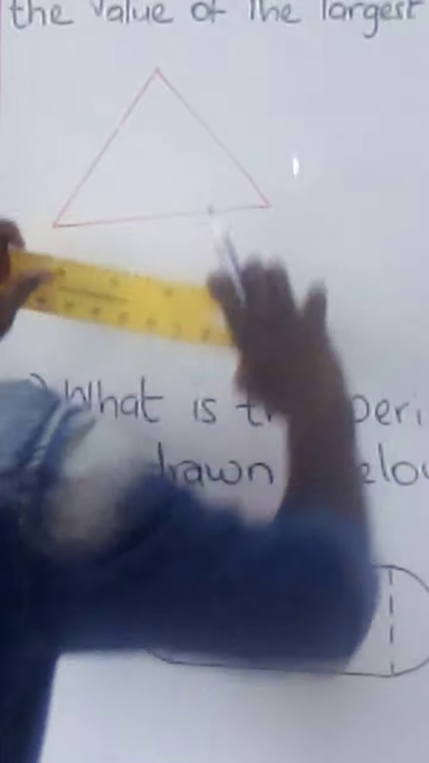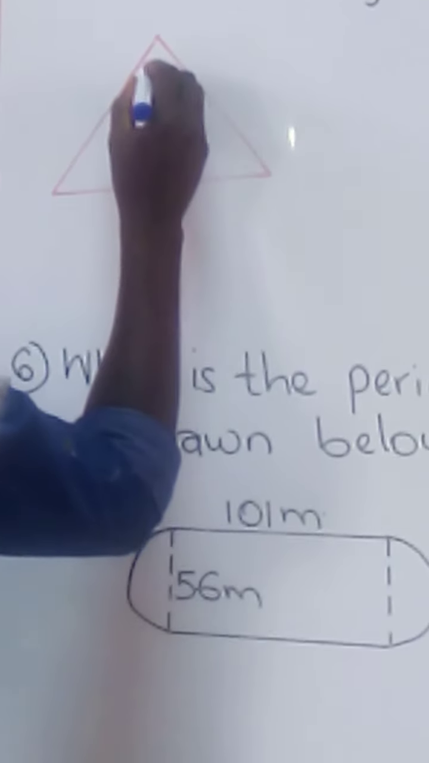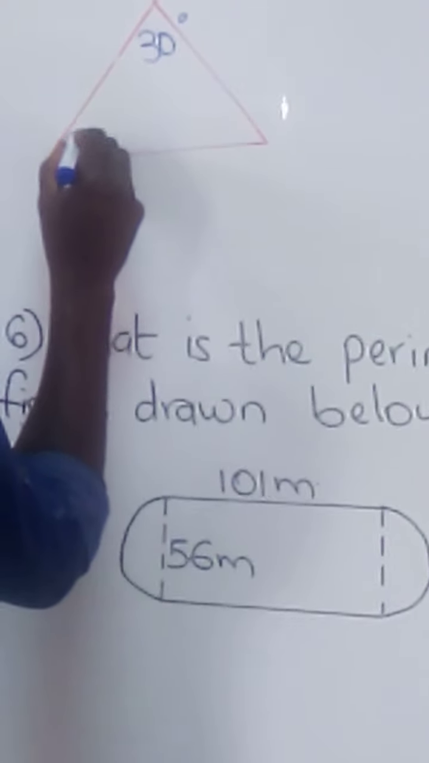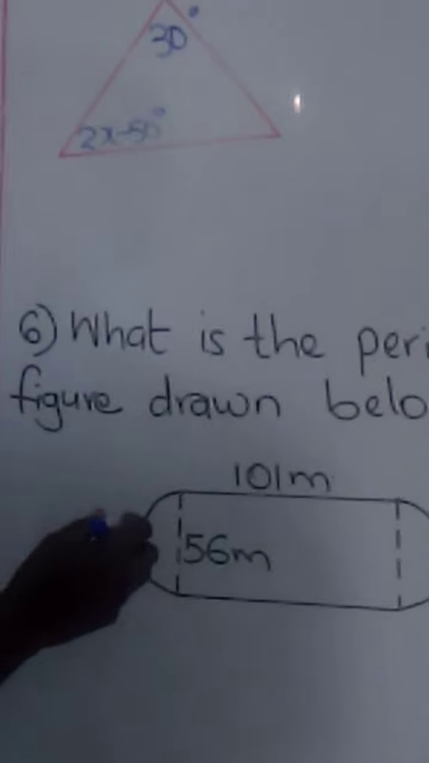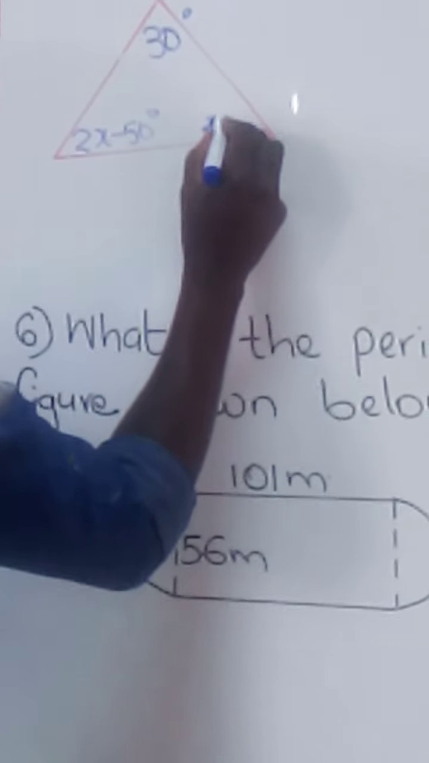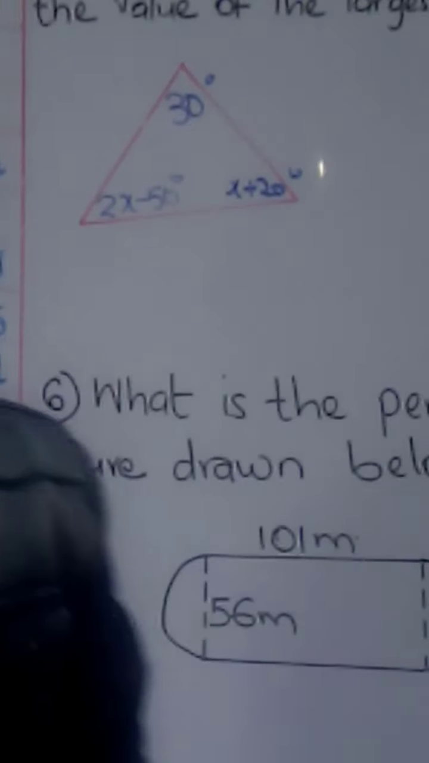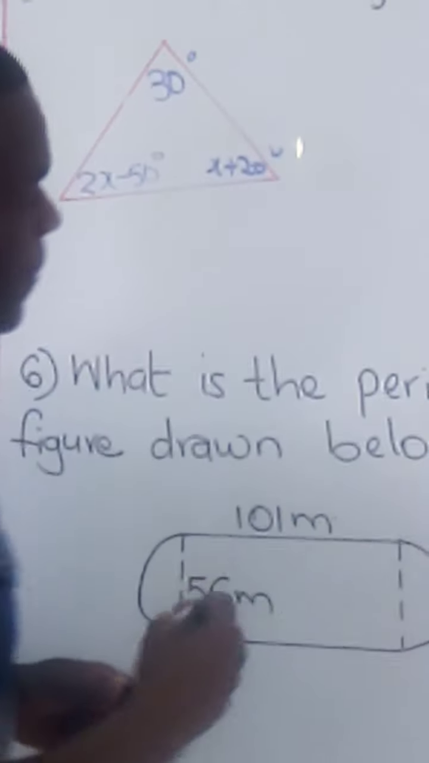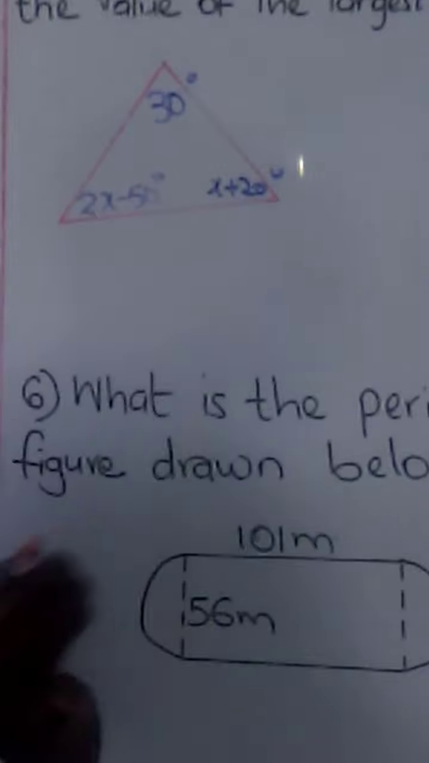And the angles inside that triangle are, for example, 30 degrees, 2x minus 50 degrees, x plus 20 degrees. Those are the angles in that triangle. And so as we know that angles in a triangle